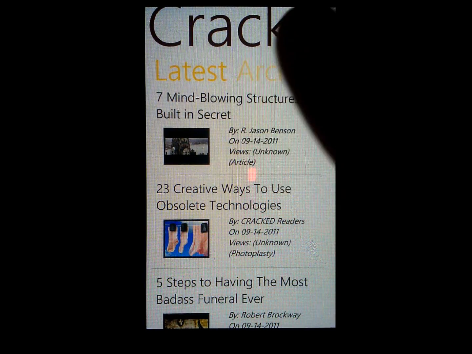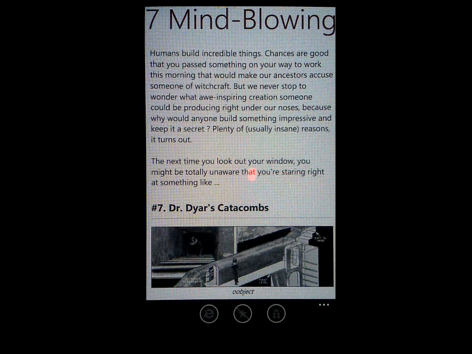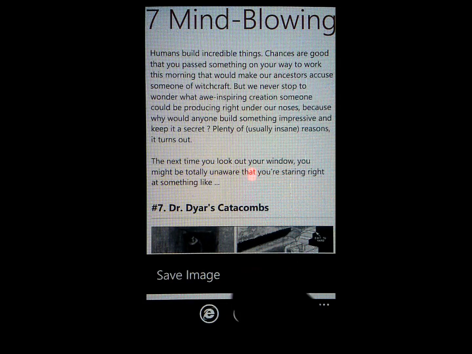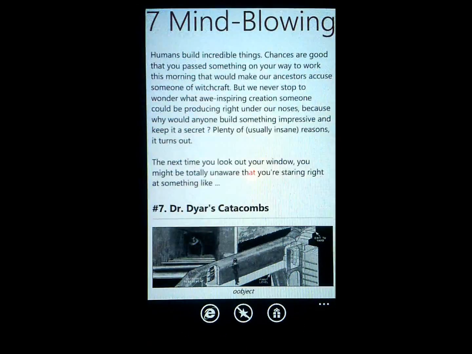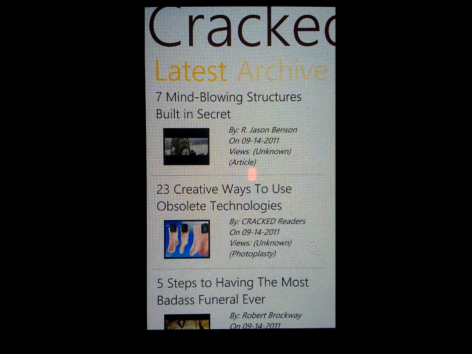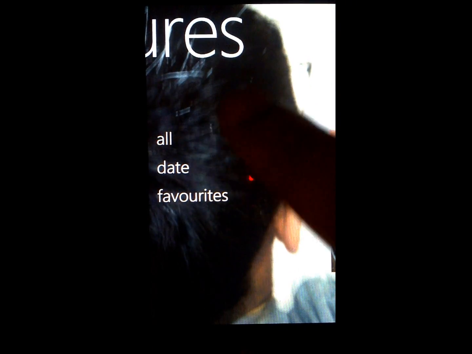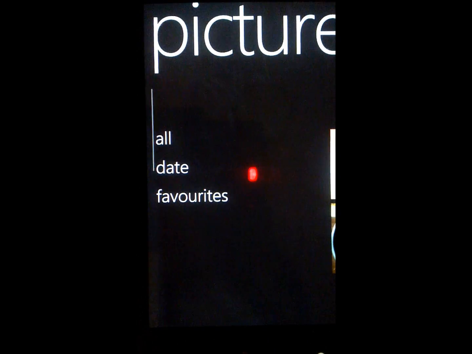Actually if I go back into the article while this loads, a couple of things that I've added were the ability to save an image. So if I like this picture I can just long press on it, and save that into my Pictures Hub. So if I save that, that's actually just been saved. If I get out of here and go back to my Pictures Hub, there we go, that's the picture from the article I've saved. So if I go back into the app itself,